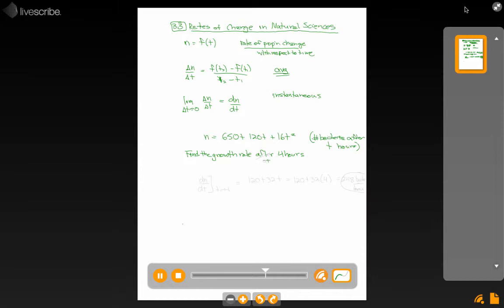I probably would prefer, and we had a little discussion about this in class, the word at 4 hours. Either way, they're not giving us two separate times. They're saying at t equals 4, what's the growth rate of these bacteria? How fast are they growing? So it is instantaneous, and we're going to say, well, dn by dt when t equals 4 is equal to